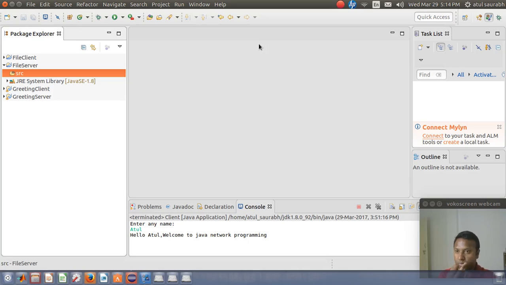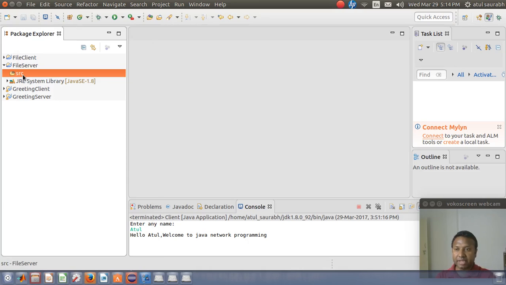If you look at the code which I designed in the previous video, the server in that code is limited to one single client. After serving one single client, the server gets stopped. But here we need to design the server in such a way that it will accept multiple connections at a time, and it will service multiple clients at a time.